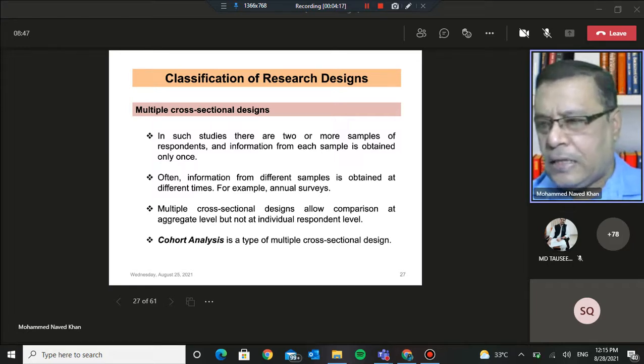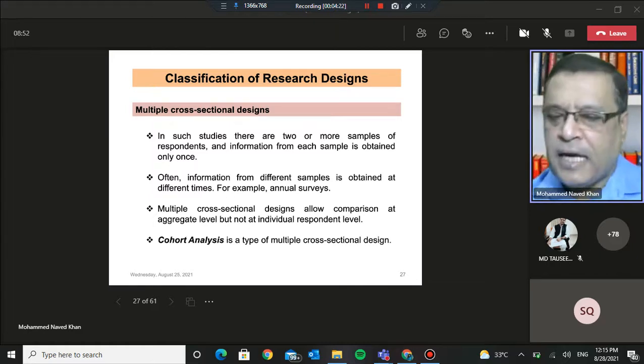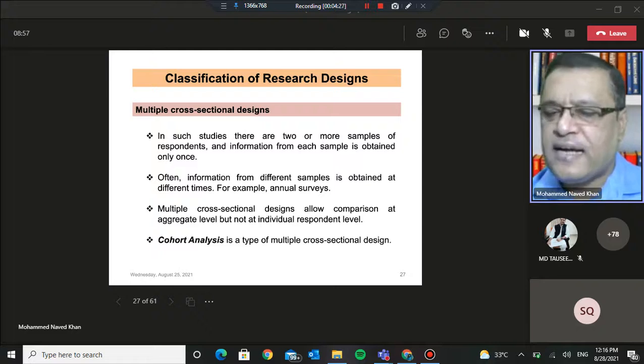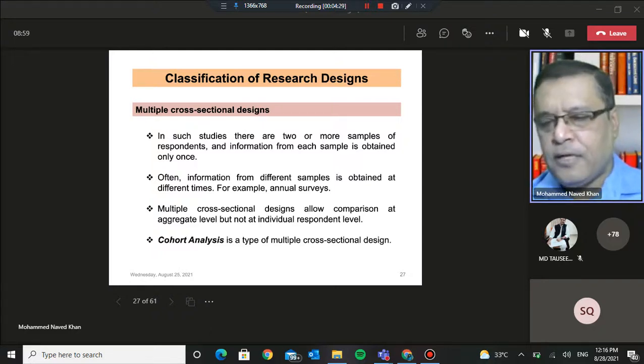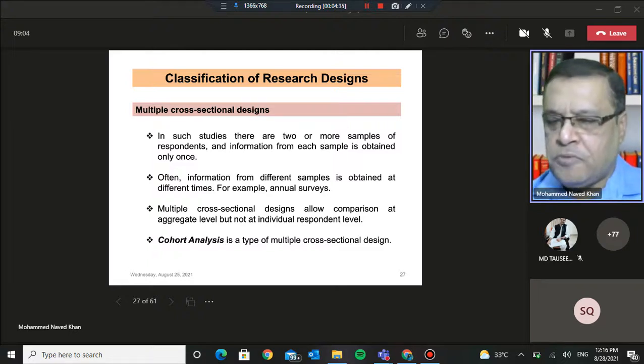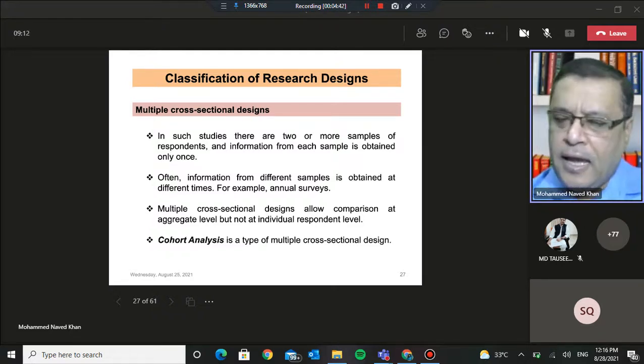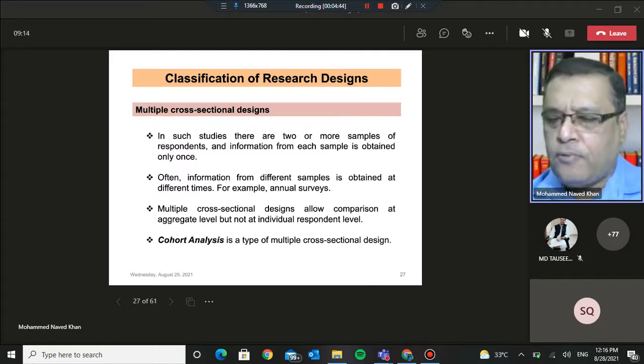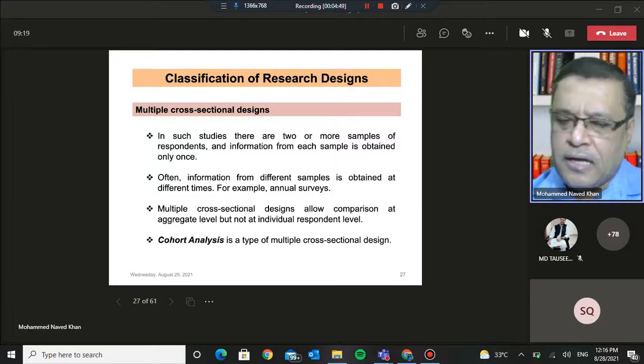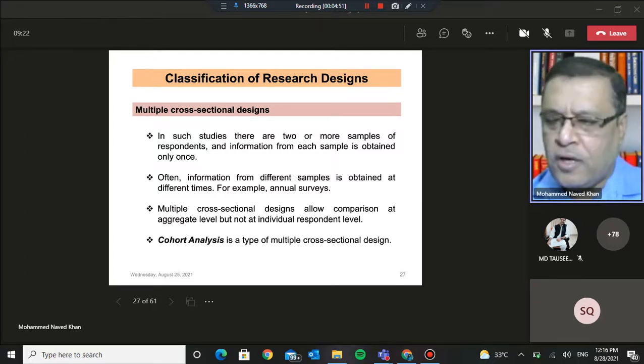For example, you have on your screens the cases of annual surveys which are being carried out by various organizations. For example, annual satisfaction surveys. For example, you own a particular brand of car, you may be receiving a survey form from that particular manufacturer, organization, or entity from where you have purchased that vehicle, and you may be required to provide your feedback regarding your experiences with the vehicle, regarding the after sales service and so on. And every year,